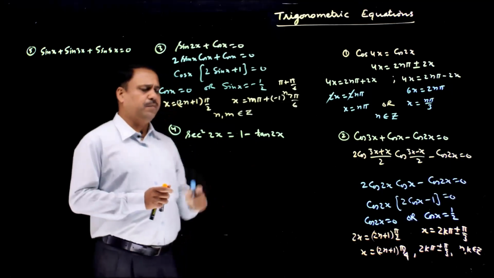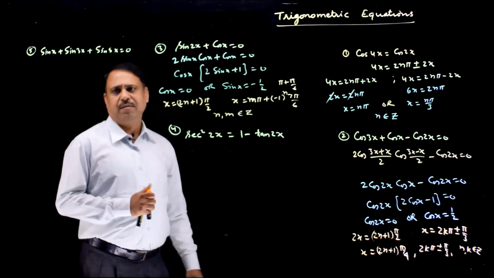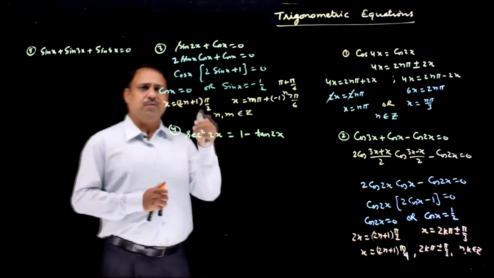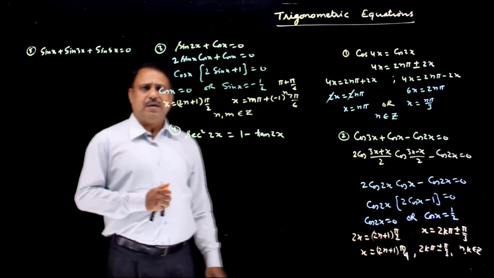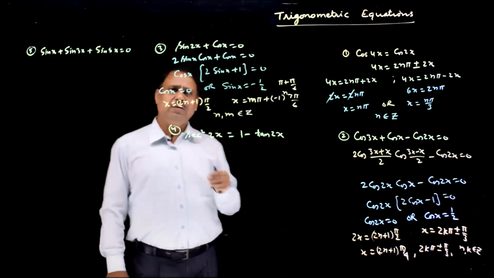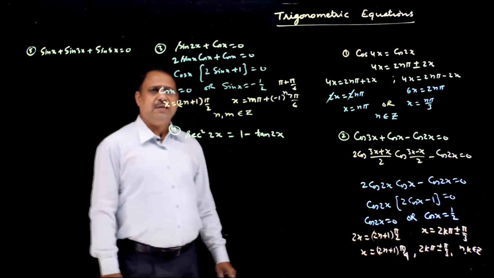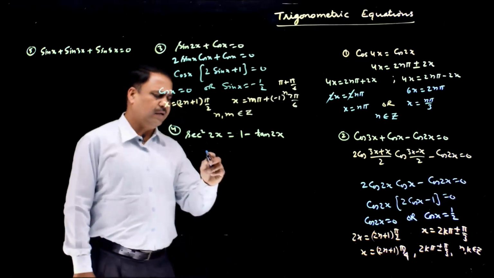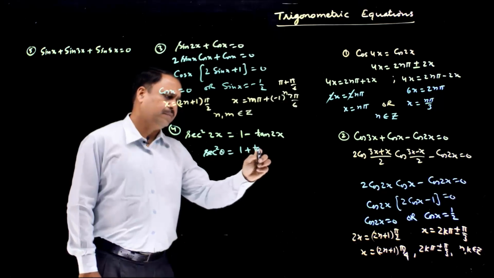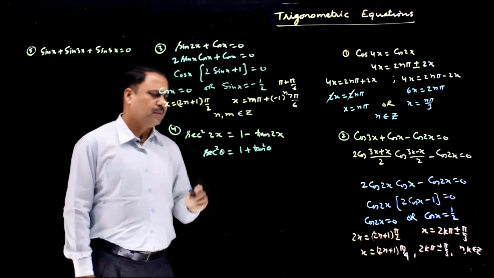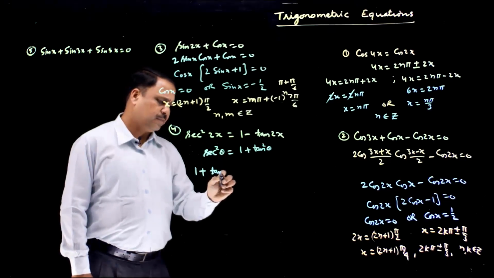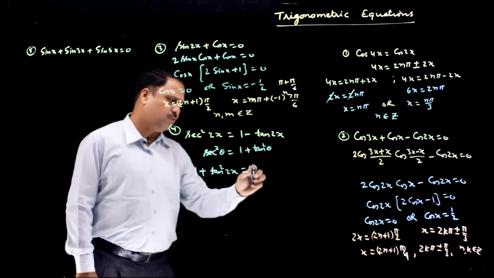Now solving this problem, sec square: use the identity that sec square you have to convert in the form of tan square. So you can use the basic identity, sec square theta is equal to 1 plus tan square theta. Use the identity sec square theta is equal to 1 plus tan square theta, so sec square 2x is equal to 1 plus tan square 2x, which is equal to 1